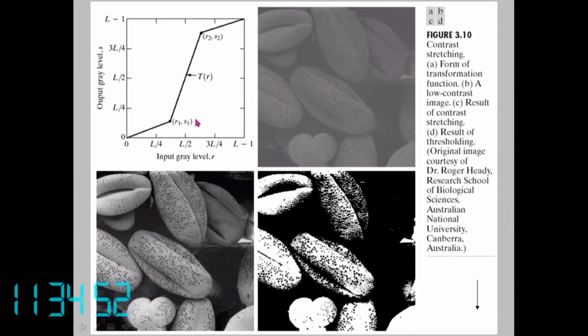Your input image has intensity only from here to here, so you enhance it to cover from here to here. It will cover much more depth. Input is only from here to here; output is from here to here. Applying this transformation, you get a good image.